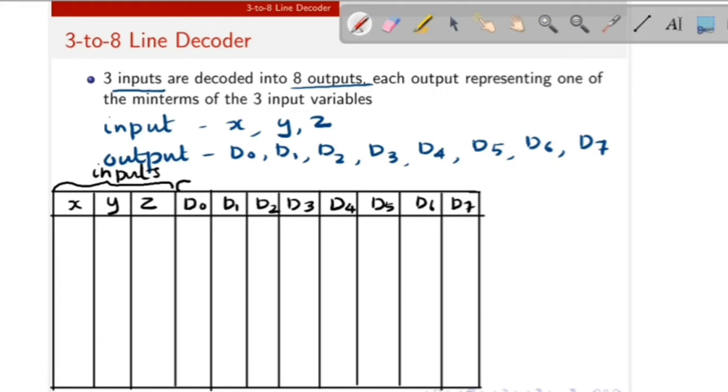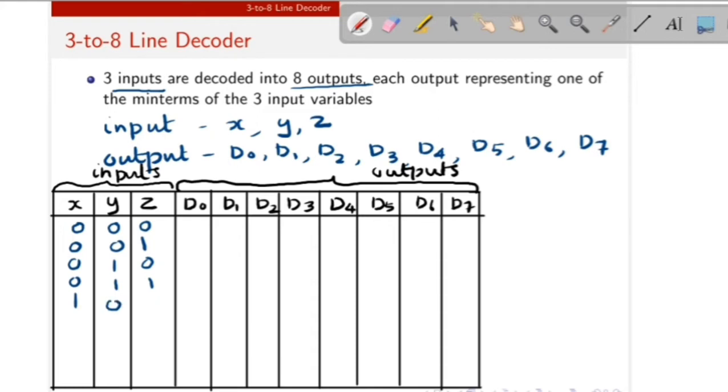So there are 8 outputs. So we can write the different combinations. Input may be 000, 001, 010, 011, 100, 101, 110, 111.